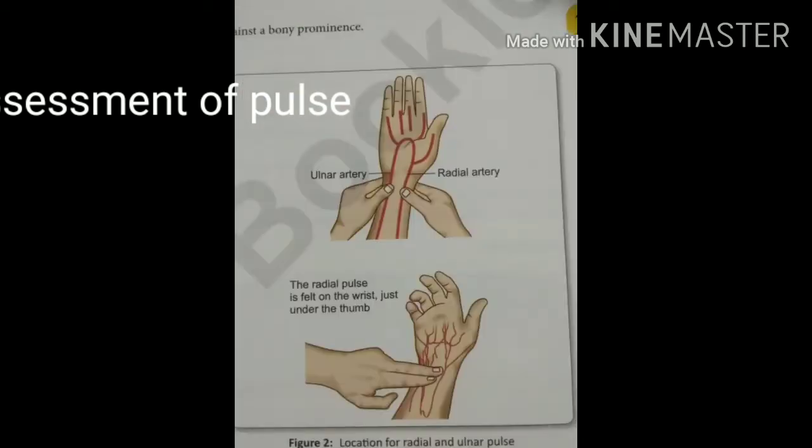Points to remember: first, both carotid pulses should never be pressed at the same time because it can cause a reflex drop in blood pressure and pulse rate. Then, in the case of a victim of shock and cardiac arrest when other pulses are not palpable, the carotid pulse is assessed. In infants with cardiac arrest, brachial and femoral sites are used for palpation. Then notify the physician of any alteration in the rate, rhythm and volume of the pulse.